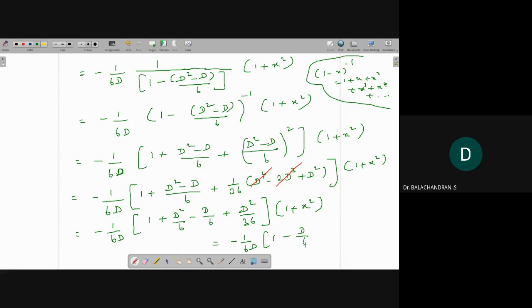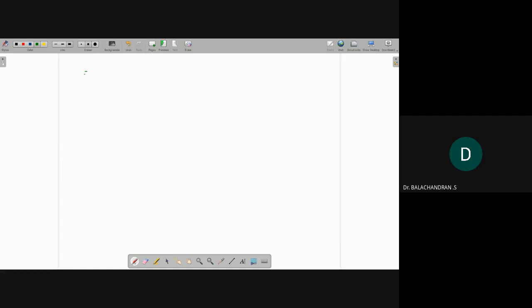If you take 36 as LCM, 6 d square plus d square, 7 d square, into 1 plus x square. Okay, this is equal to minus 1 by 6D